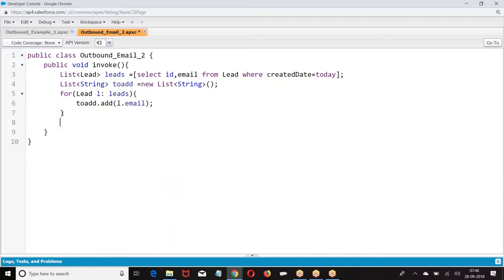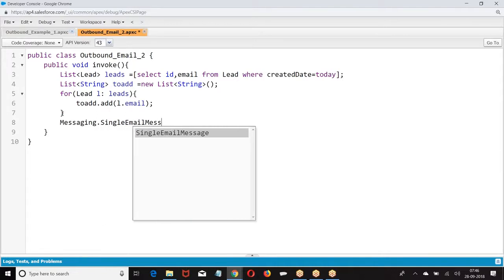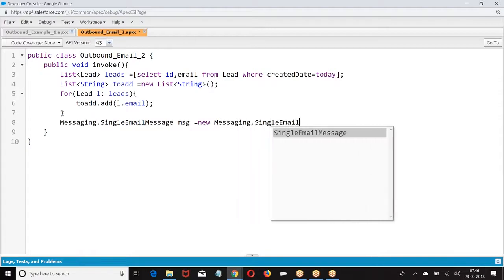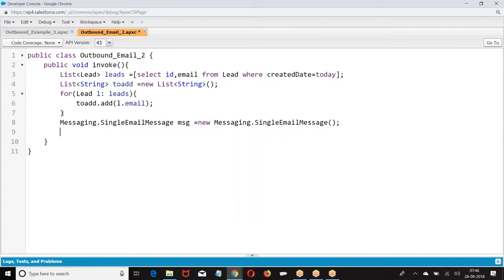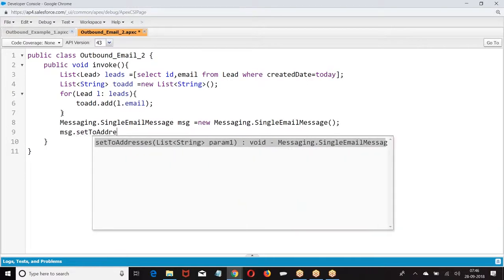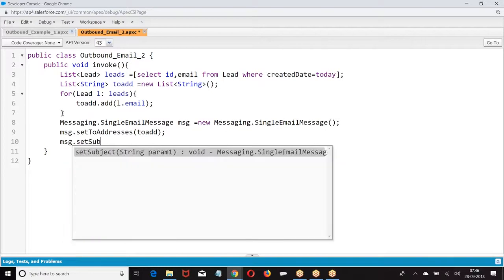Then what happened? You want to send an email. Messaging.SingleEmailMessage. Message.set. Message.setSubject.